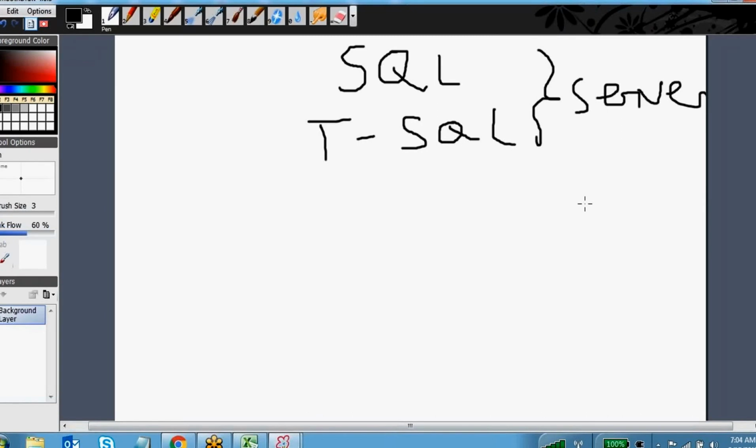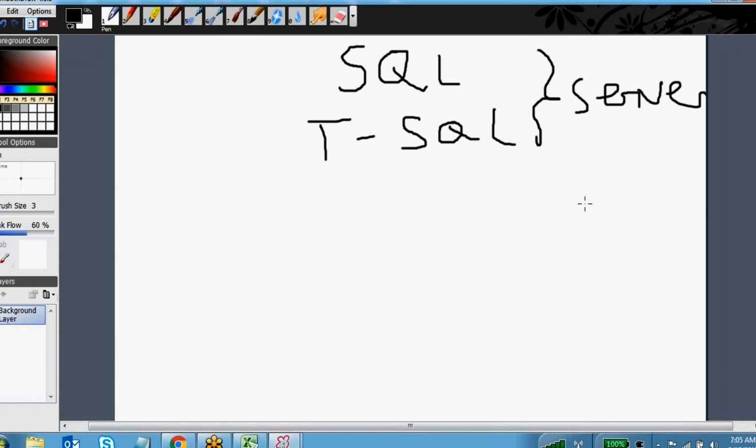In this SQL Server, whatever requests you send to process and store data, there is a database engine in the back end. The database engine will take care of your requests and process them.